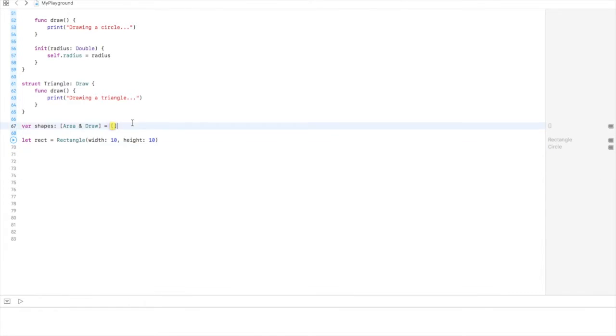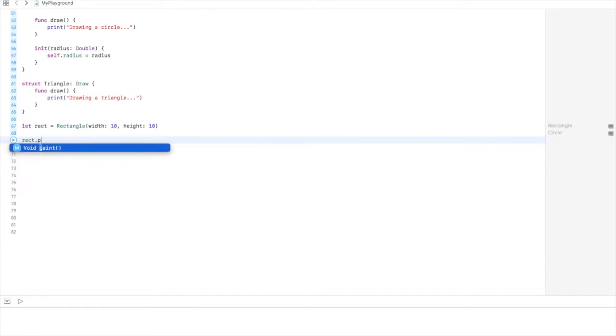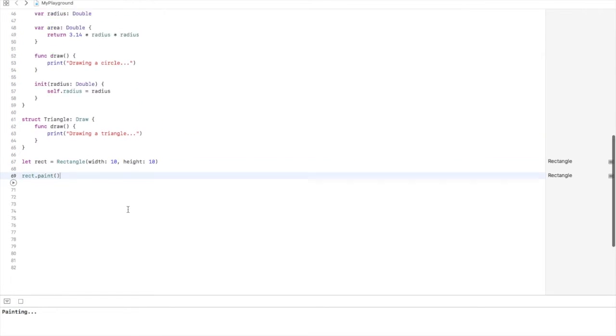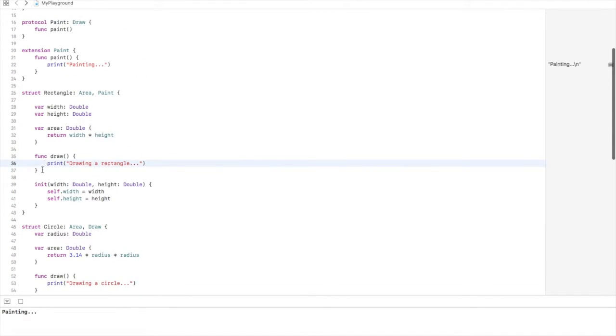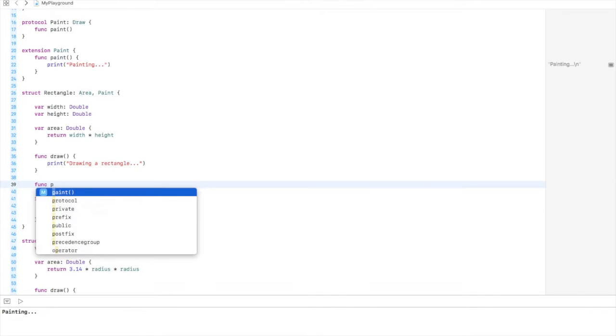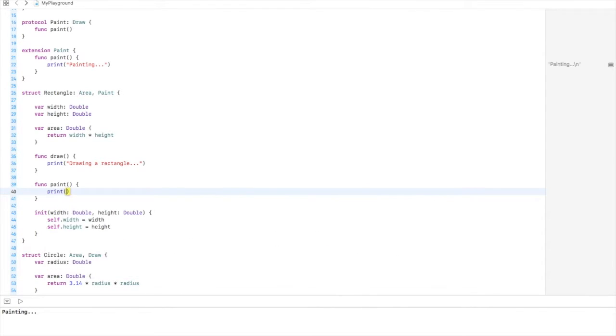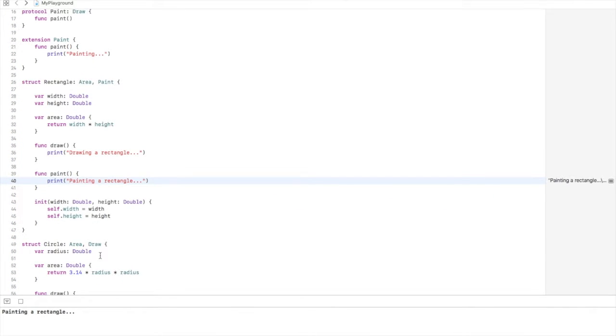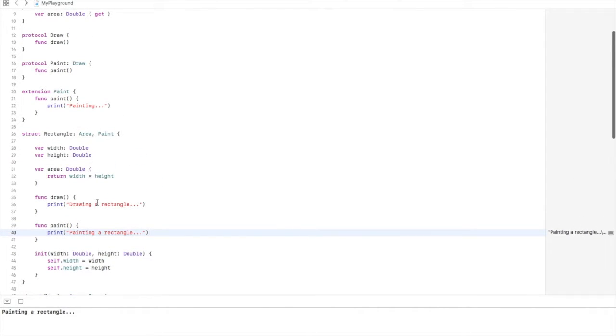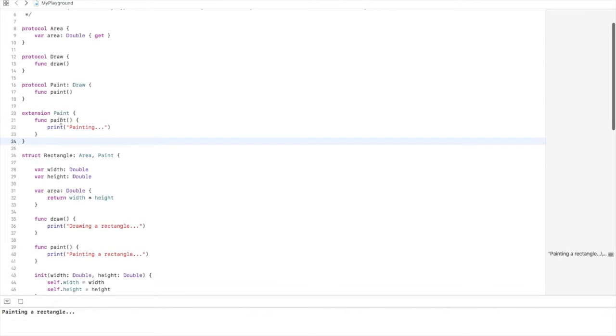Okay, let's call the rect paint method and we'll paint it, and we actually provide our custom implementation for this method. Painting rectangle. Let's run, and as you can see, we have now provided the custom implementation for this paint method, and we can also